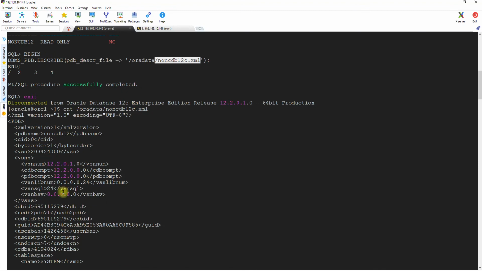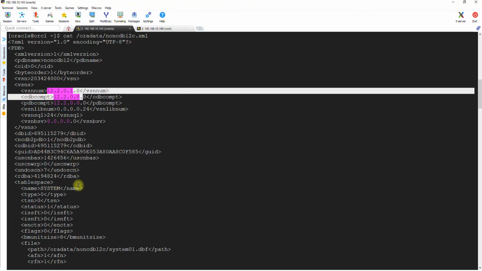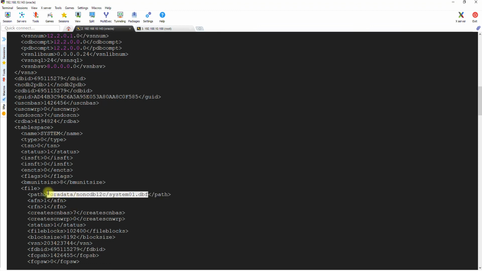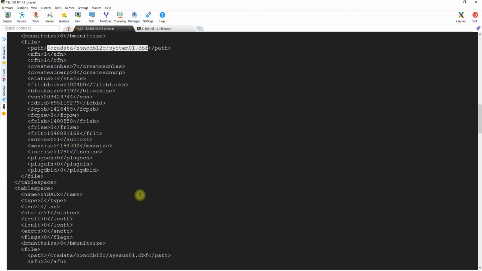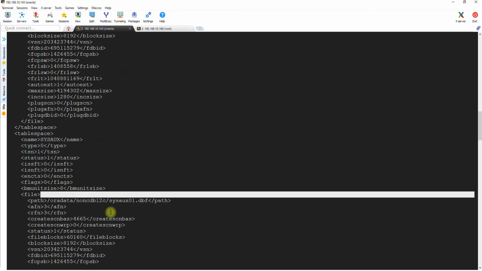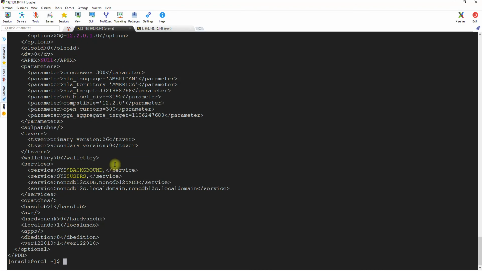Okay, so the version, see, data file path, system, tablespaces information is also in there, sysaux information is there. So every breakdown of this file. Okay, we're not going to waste time on this.